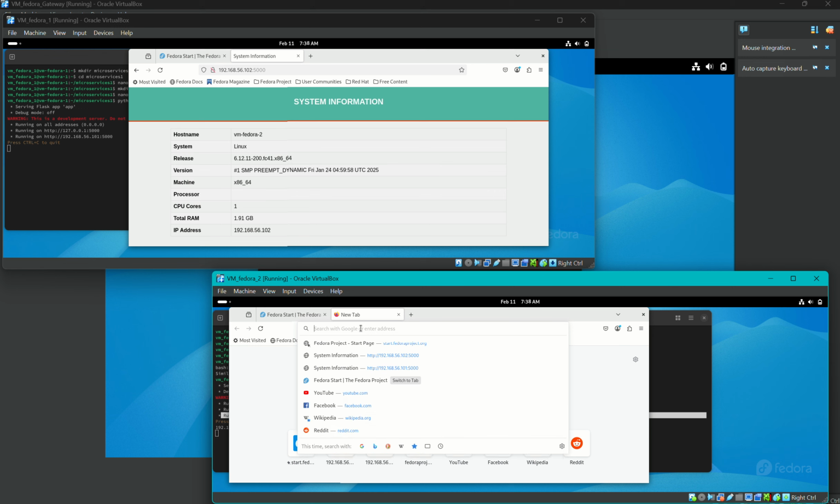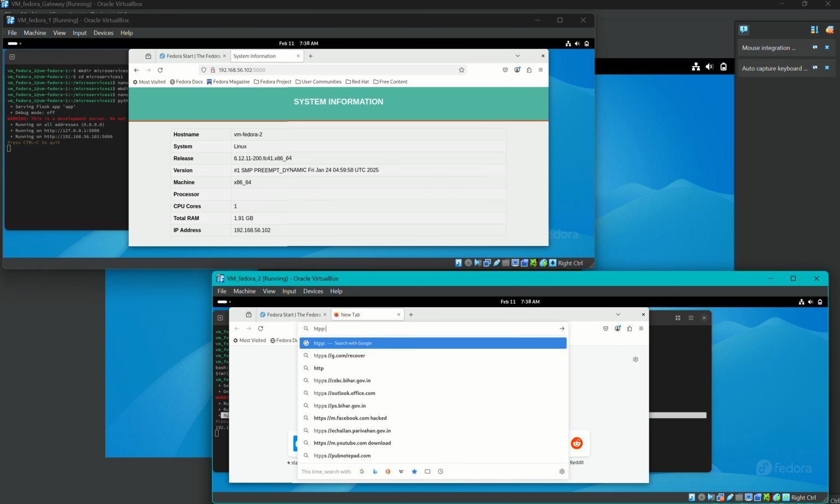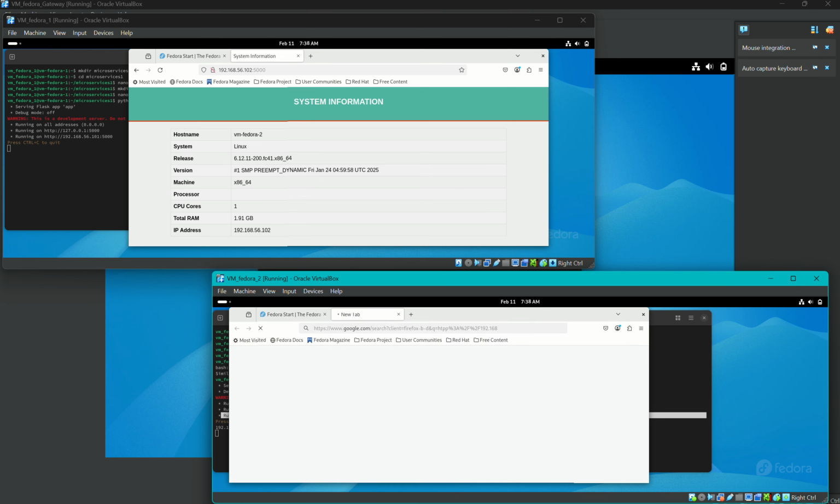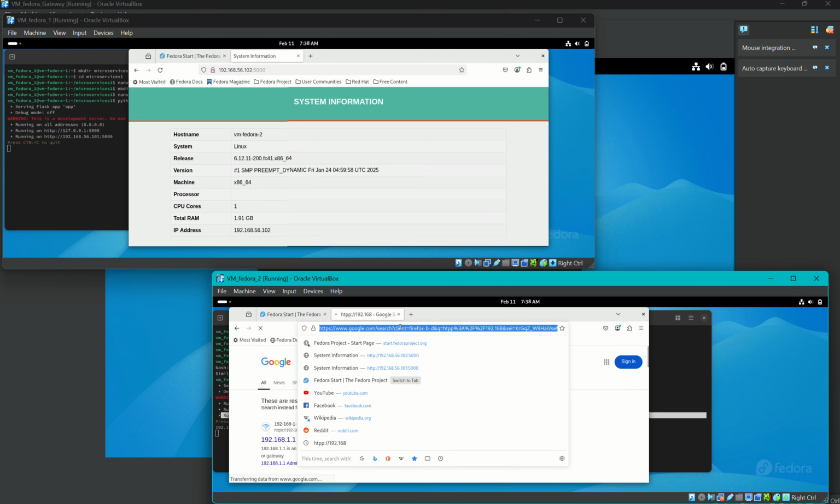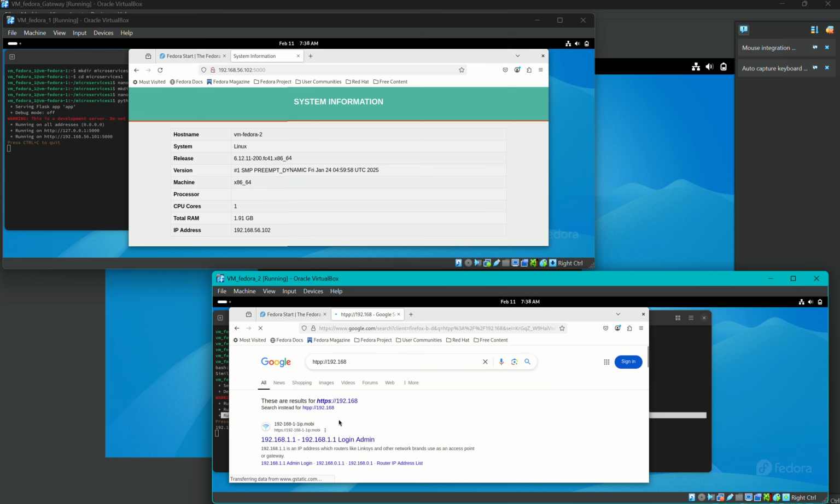Simultaneously, we will be doing the same thing in VM2 for VM1. As you can see, we are able to connect to the